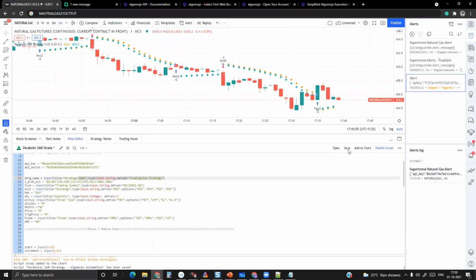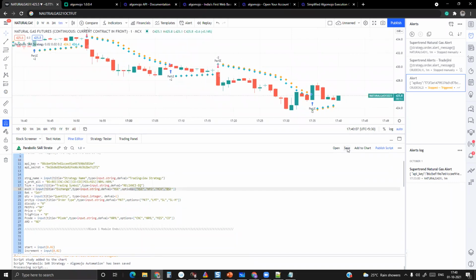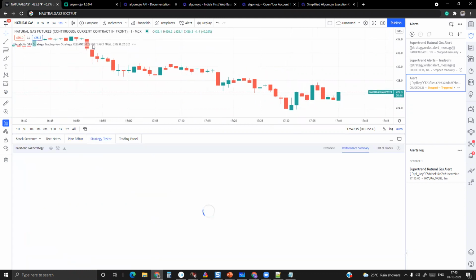Once you save it, automatically, if you add it to the chart, let's say I'll add this to the chart, now I'll have controls as well.